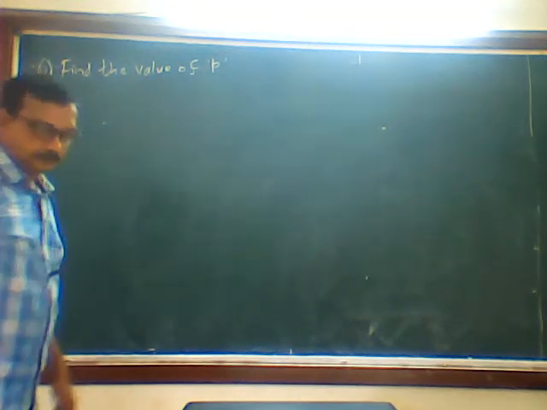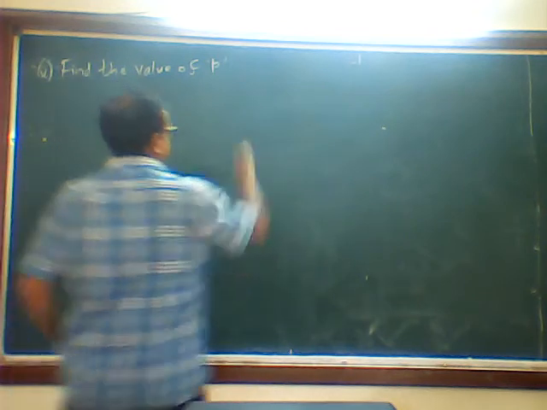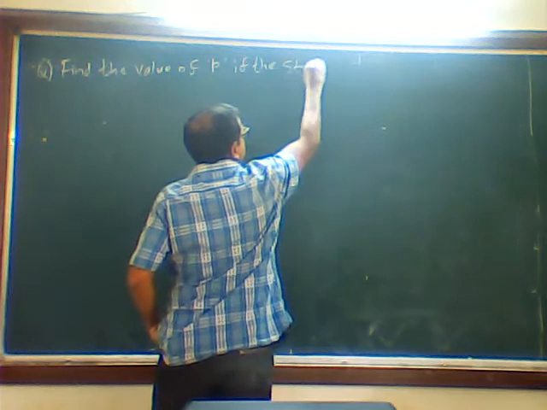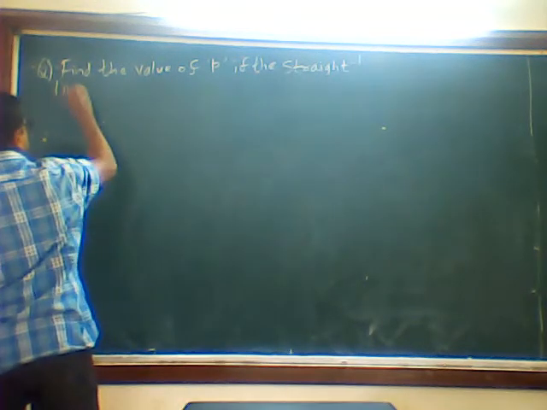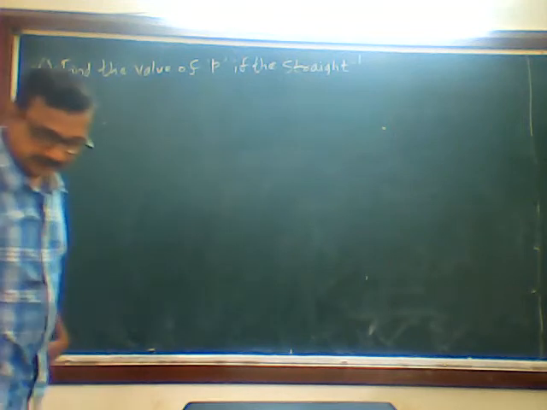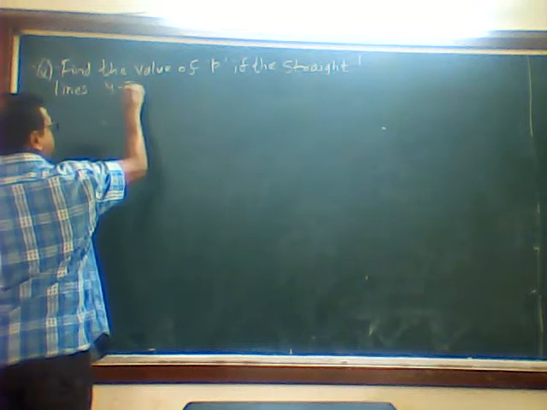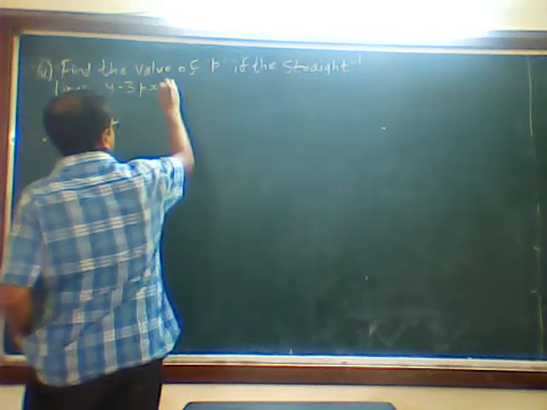Find the value of p if the straight lines y minus 3px plus 4 is equal to 0